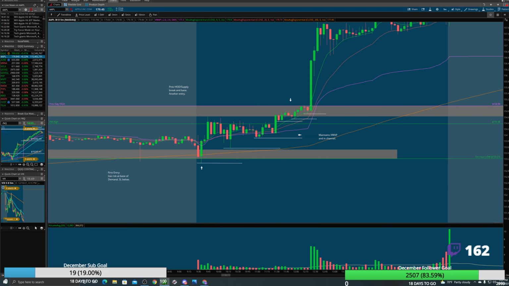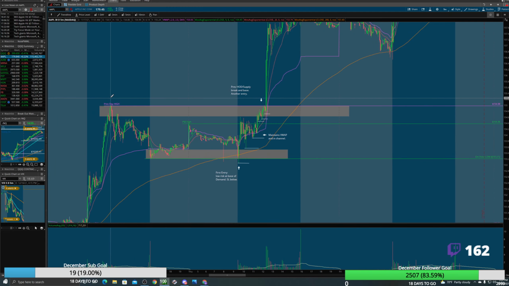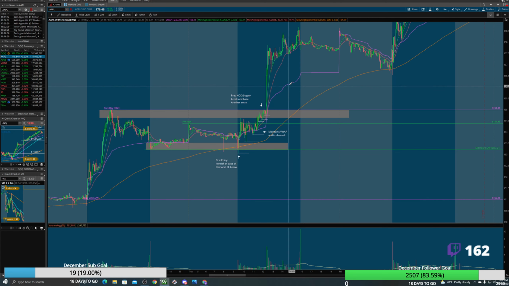So we've gone through here now, okay? We've marked all of our levels. We've seen that, hey, the base of this demand was respected. Buyers are trying to chip through the supply, and then we can see it gets broken and based, right? Buyers taking over this supply zone, and then this large reaction here. Okay, now from this perspective,